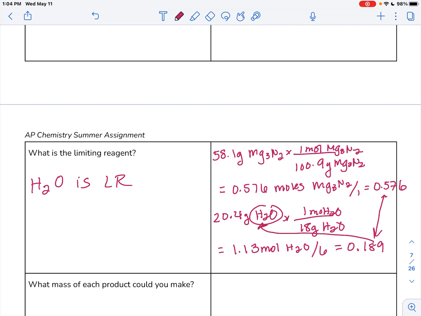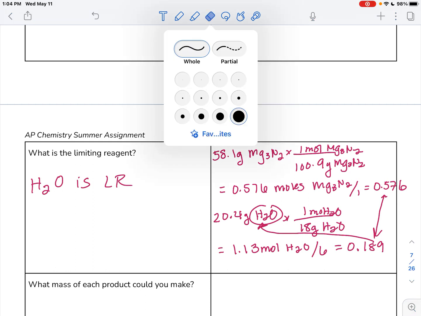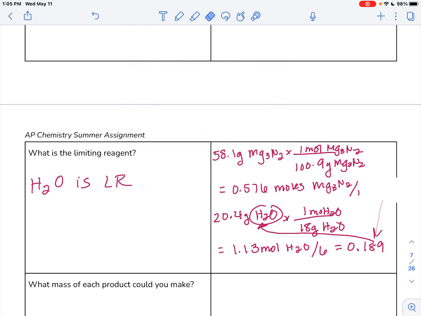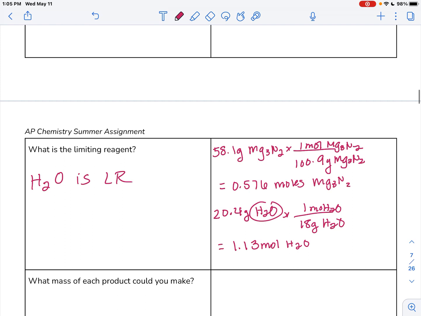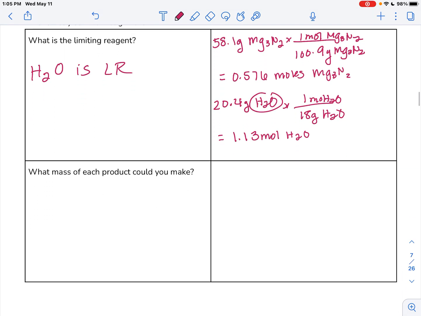So water is our limiting reagent. However, these numbers now mean nothing. So again, I usually tell students what they should do is figure out what the limiting reagent is and then erase this so that you do not get confused. So all I'm going to do is erase my division by that coefficient so that I don't go back and try to use those numbers as my moles, because those numbers are not moles. They're moles divided by the coefficient. Okay, after you get really skilled at this, you won't need to do the erasing, but I really do find it helpful just to get rid of it right away, because now our question is, what mass of each product